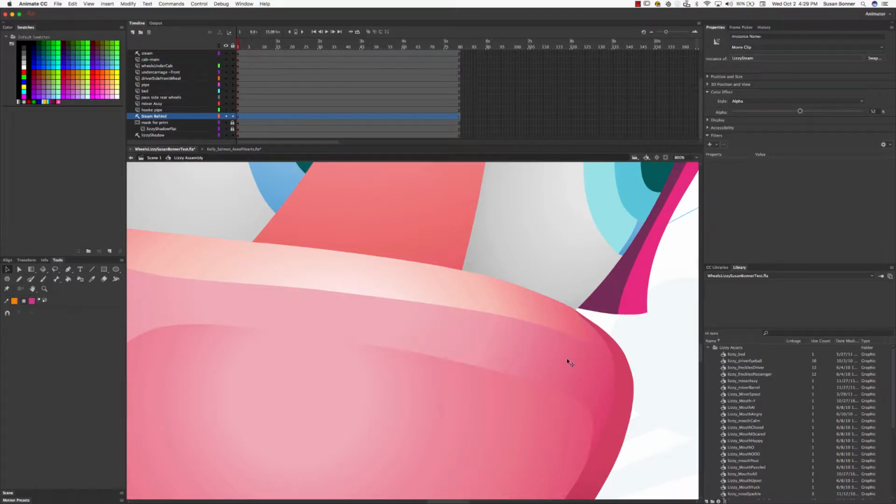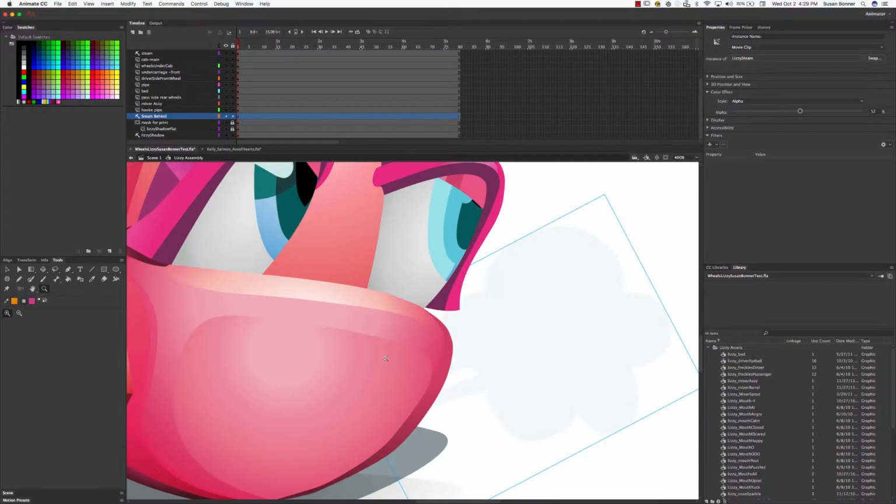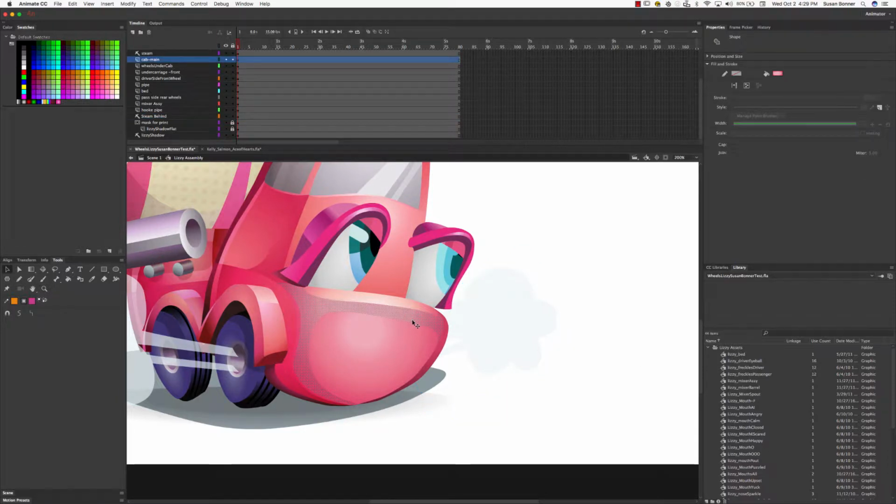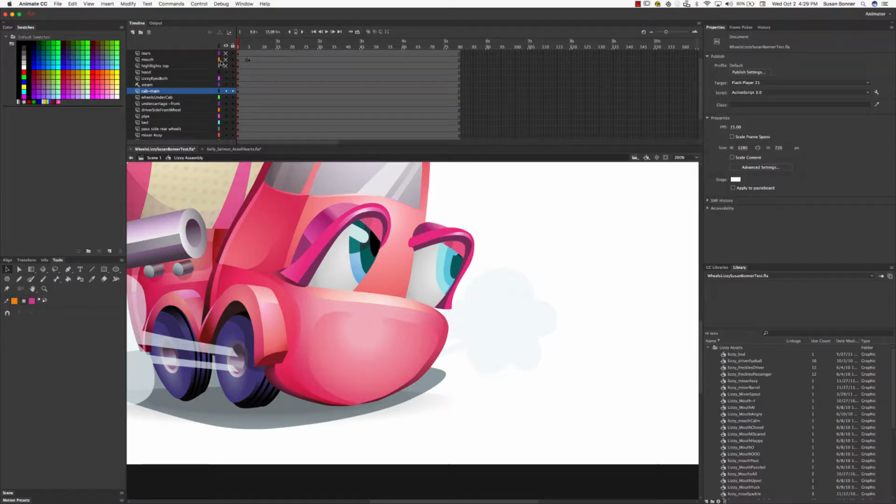But this didn't have enough of the gradient to make that feel very much like, let's see. I think I need to get into the cat. Oh, there it is. Okay, so there's this highlights top, which I had decided to do at a certain point. It's like that little piece is just that extra little highlight that makes it feel like there's metal